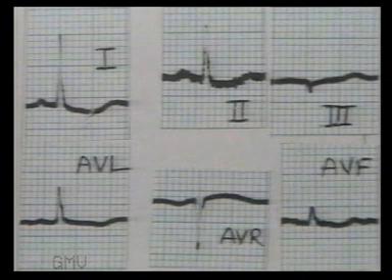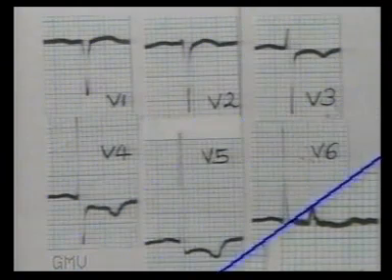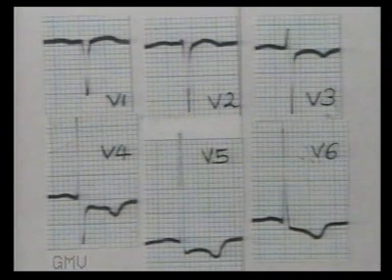There are no pathological Q waves in limb leads. Now observe the chest leads. The QRS amplitude is increased. The pattern from negative QRS in V1 to positive QRS in V6 is maintained. So measure SV2, it is 14 millimeters, RV5, it is 22 millimeters, and their total is 36 millimeters. So left ventricular hypertrophy is present.